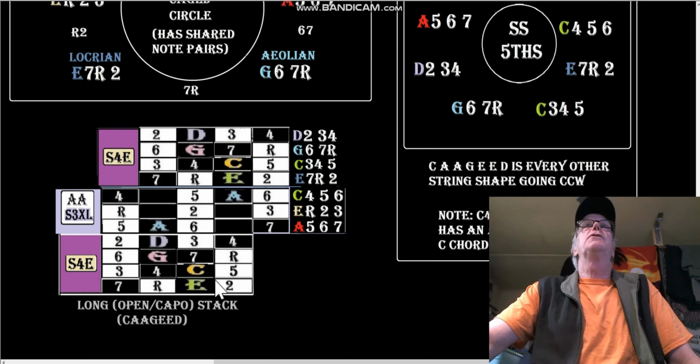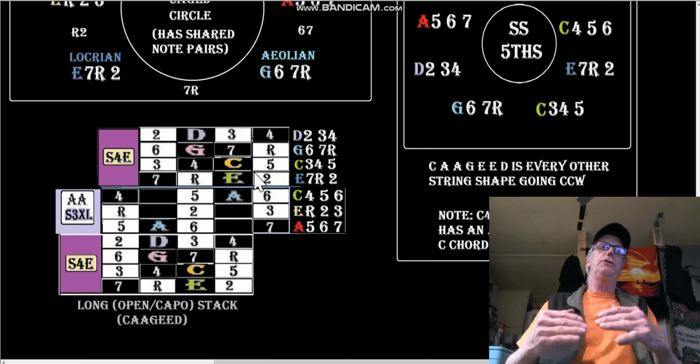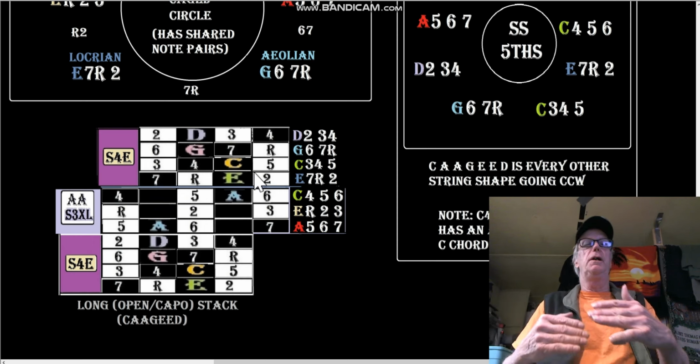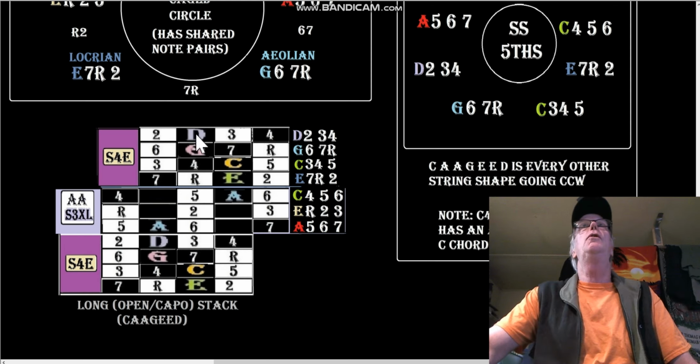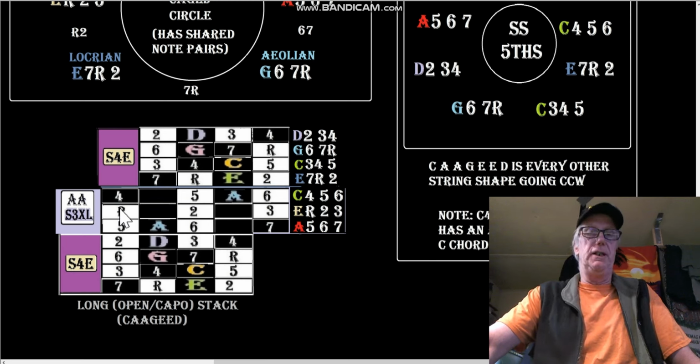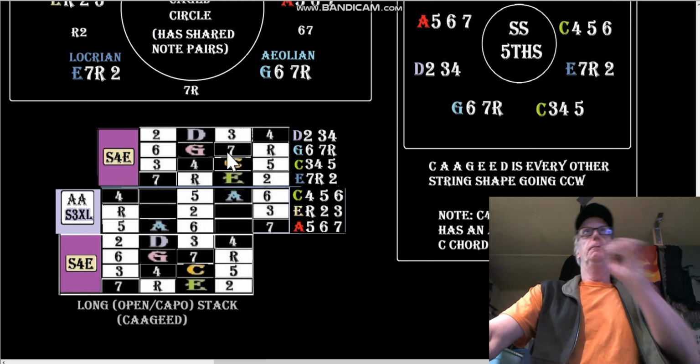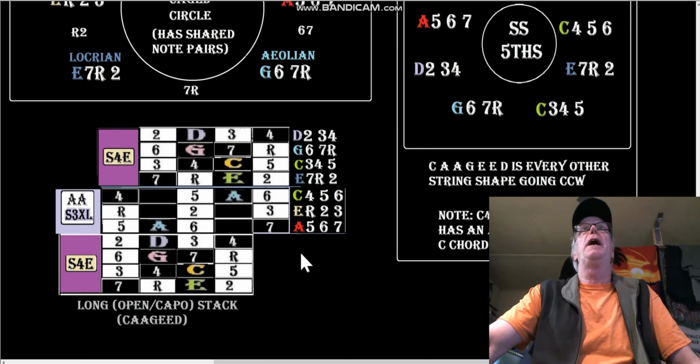Just worry about these being P4 pattern stacks, because mostly what you're doing is in P4, and you just shift it over 1 fret when this pattern, depending on where you start it, reaches the tuning warp, reaches the G and the B string. So these are the long patterns. Here's A 5, 6, 7. Here's E root 2, 3. Here's C 4, 5, 6, and